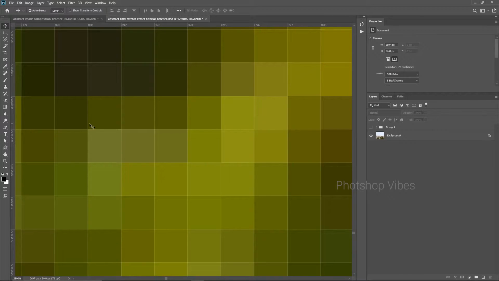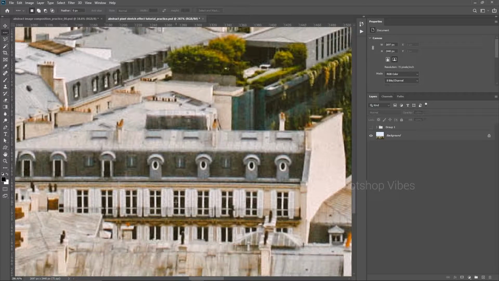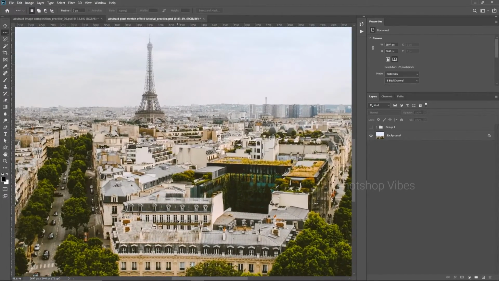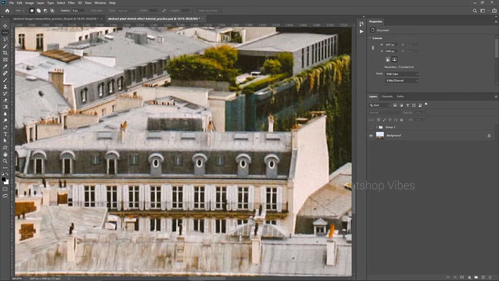So here we are going to select single row pixels with the help of a tool called the single row marquee tool. This tool helps us to select single row pixels like that. Just by clicking once, you can see that we have selected the single row pixels. So that's it for the brief. So let's start by selecting the pixels. Here the small hack is to just go for a pattern kind of pixels in the image. You will get to know why in a few seconds.